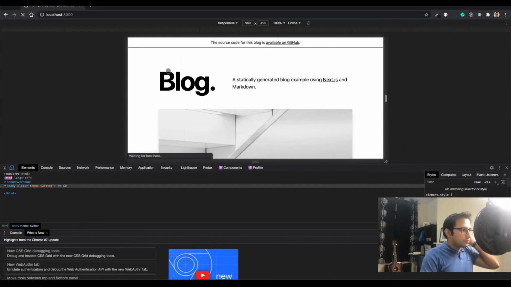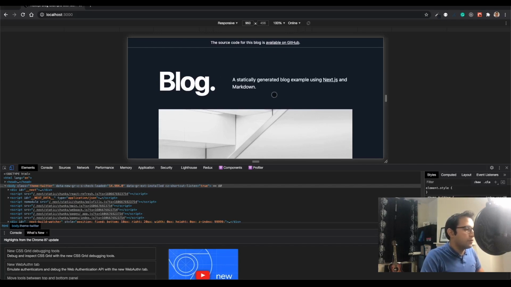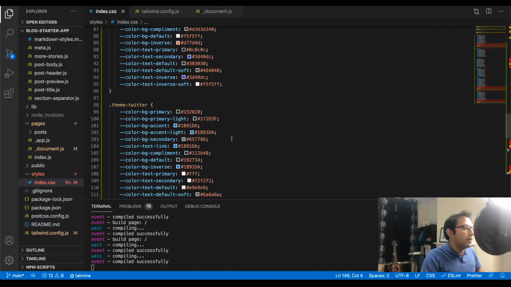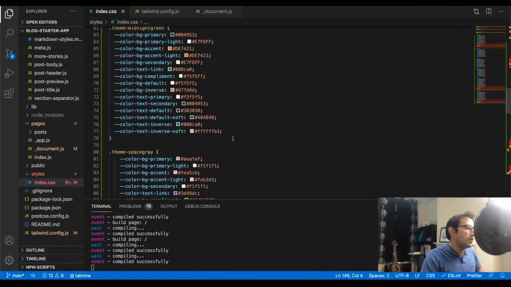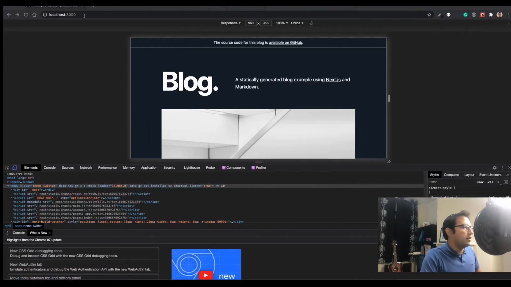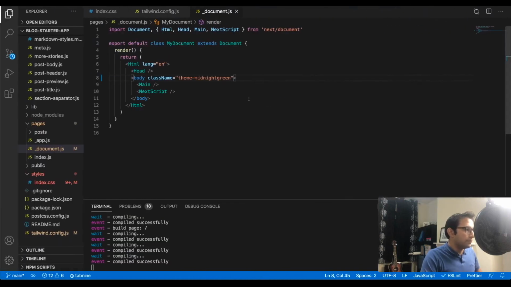So let's see. Okay, yeah, so it's using the dark mode of the Twitter theme, and it's adding the class to our body. And the goal of this theme switcher is to flip that class so we apply different themes. So for example, if we toggle that to be midnight green, and then let's refresh, that'll be a different color. Okay, so now that we have the body class, the next step is to create